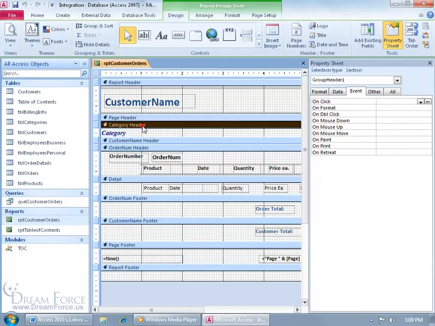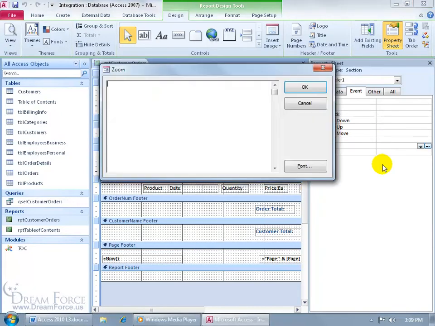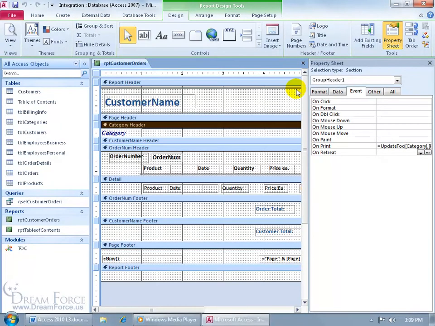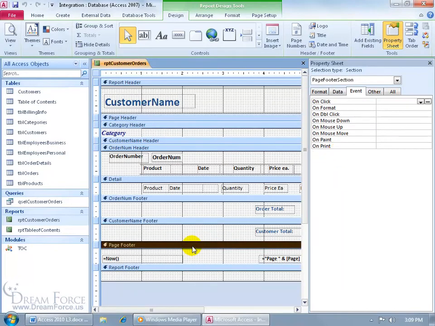Let's go ahead and select the category header, and then come back over here in the property sheet where it says on print, and we're going to add in this code. Let me go ahead and zoom in on the field here, where it's going to go ahead and update the table of contents with the category here found in this report. So type it like you see it, go ahead and click OK, be sure to hit enter to make sure it accepts it, and then one more, down on the page footer here, go ahead and select that bar, and